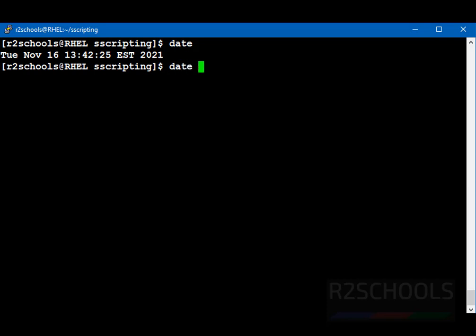Date, space, then plus, then date colon, %m means month, then forward slash, then %d means day of the month, then slash, then capital %Y means year, then %n means next line, then time colon, %H means hour, colon, %M means minutes, then colon, %S, then close the quotations, then press enter.